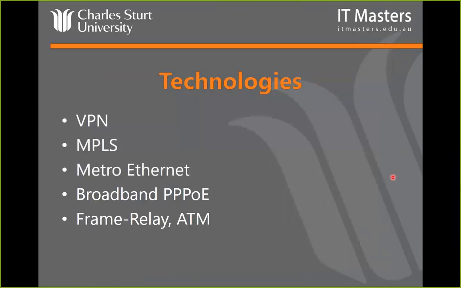So technologies, some of the technologies. There's VPN technologies, which we know about. Okay, so we've got our IPsec VPN, we've got our GRE tunnels, if you want to loosely classify it as a VPN. And we've got our SSL VPNs as well, as three typical examples that you might use. So again, using a carriage network or a publicly available network, the internet, to create WAN circuits, a WAN network.